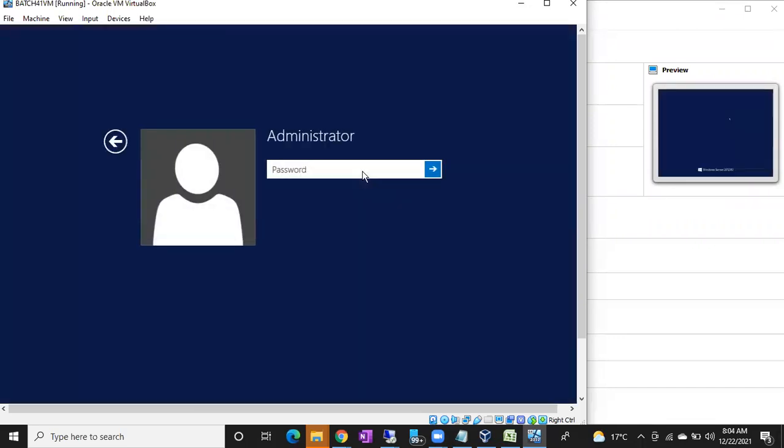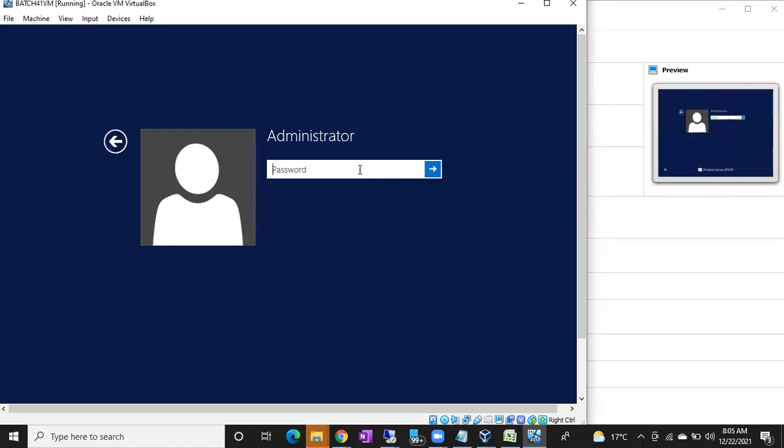No need of alt button, just control plus delete. Note down somewhere. Again you will call me, sir, I am unable to log in, sir, I am unable to log in, like that you will ask me. So nothing is there. Simply press right control plus delete. That's it. No alt button, only two keys, right control plus delete. Write it down clearly, right control plus delete.